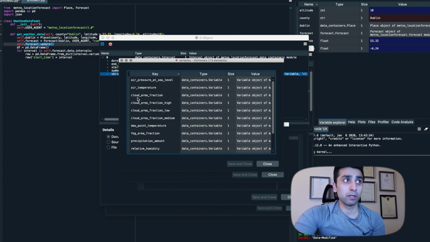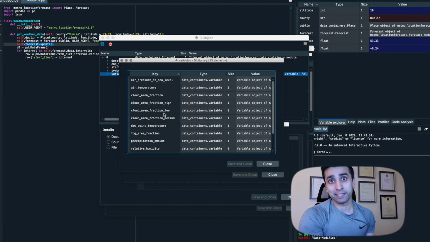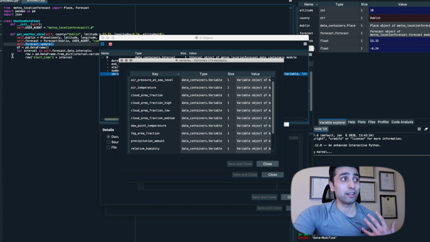which are different variables that you could use. For example, if you're using this data for forecasting, you can use these different features to train your model against those features, to see if there's any correlation between them. So when we started creating this for loop, you can see we are going under